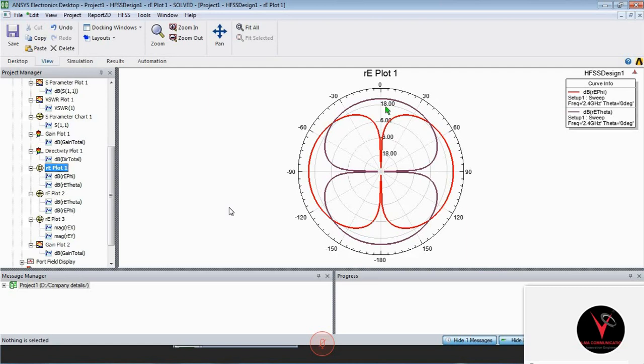Co-polarization means we have a positive value here. If the cross angle is positive, it's co-polarization. If it is negative, it's cross polarization. Cross polarization here is a zero condition, so cross polarization does not occur. So these are the basic steps, an easy way to identify it. It's not a theoretical thing, but this is the easy way to find cross and co-polarization.